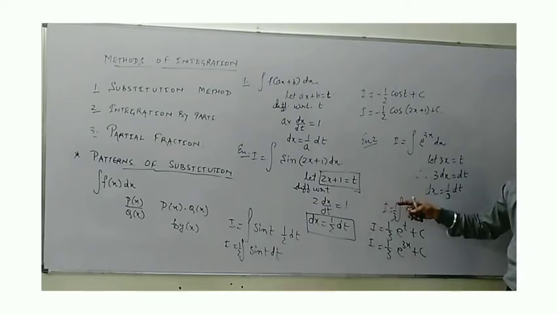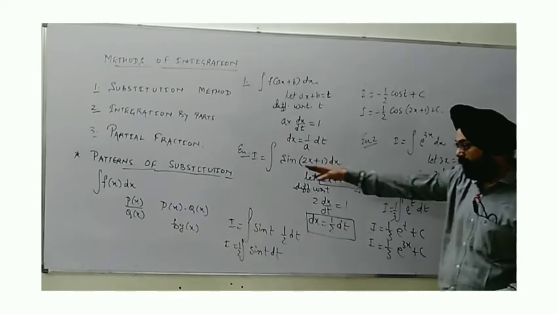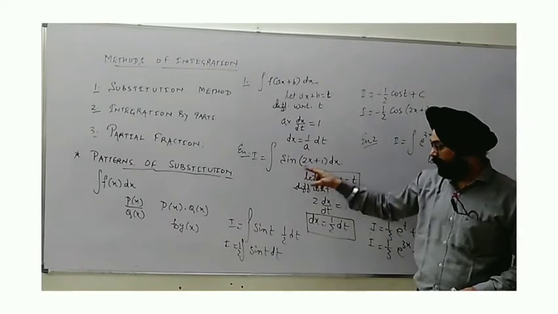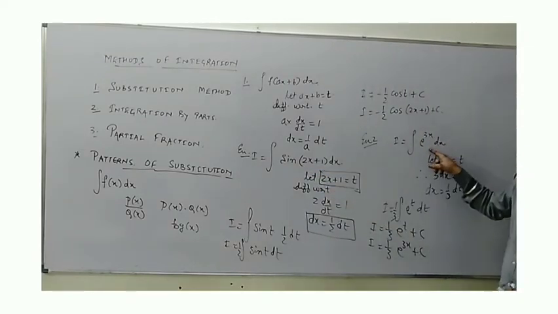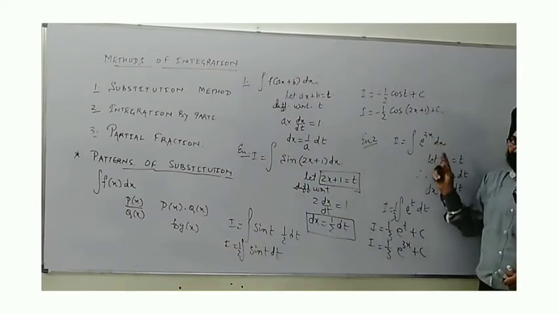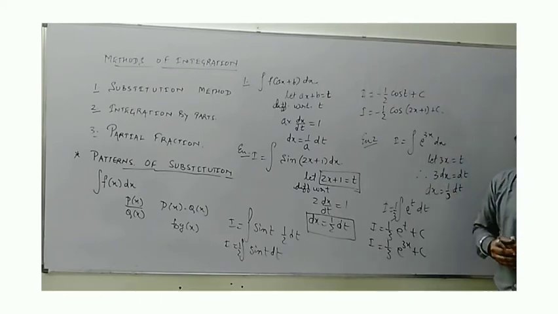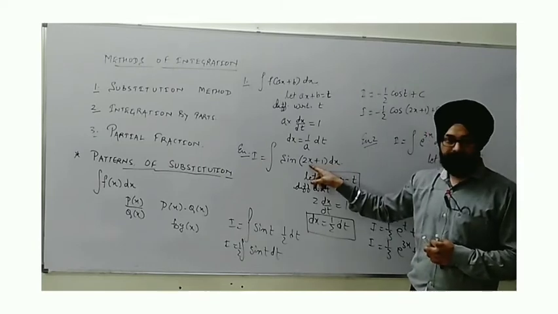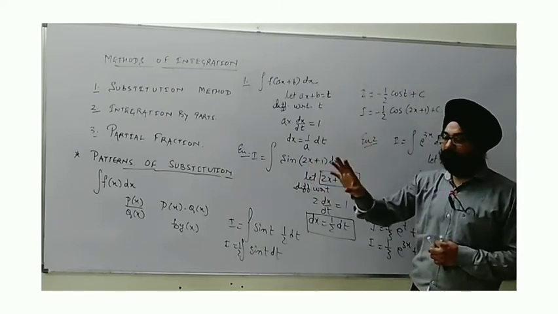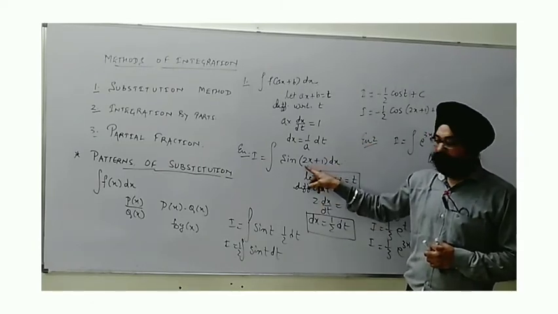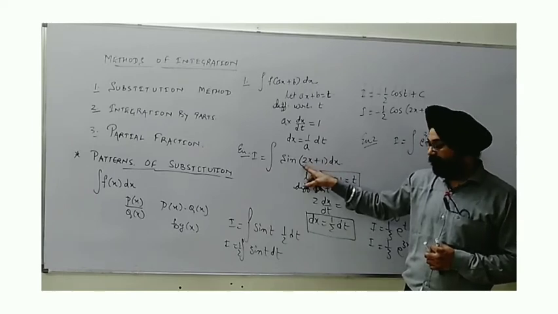One more observation I want to share. Now you can see whenever there is some linear polynomial in place of x in the basic function, like sine, it's not sine x, it is sine(2x plus 1). This is e raised to the power 3x. In place of e to the x, I have taken only 3x. Now, what are the changes we see? The coefficient of x, it is a linear polynomial only. Be careful. It is the coefficient of x, 2, in the given condition.